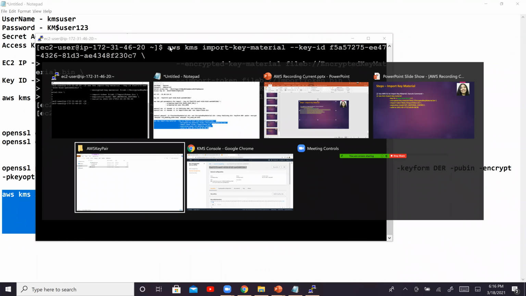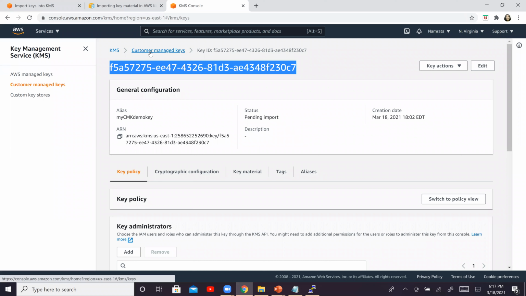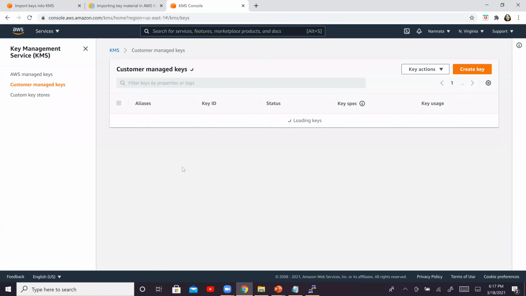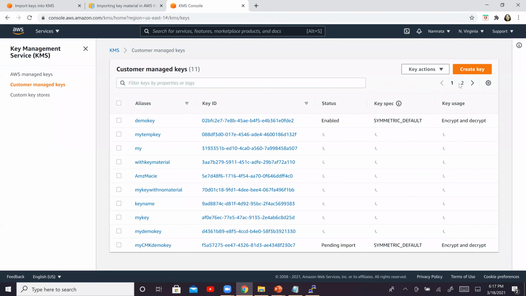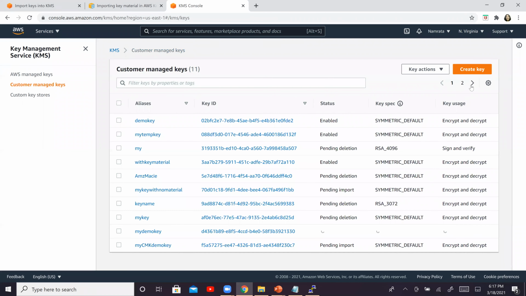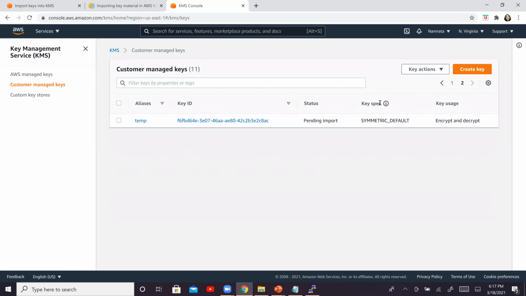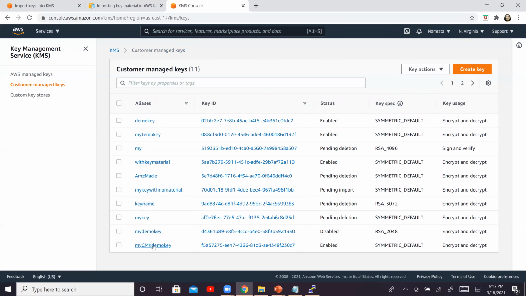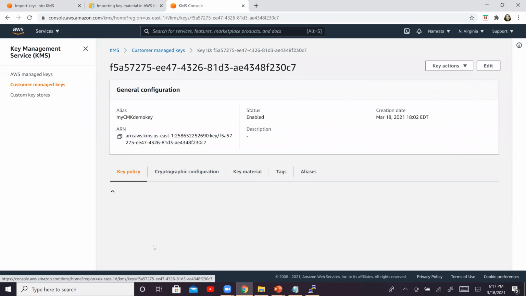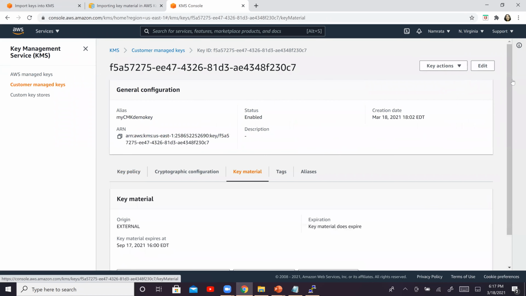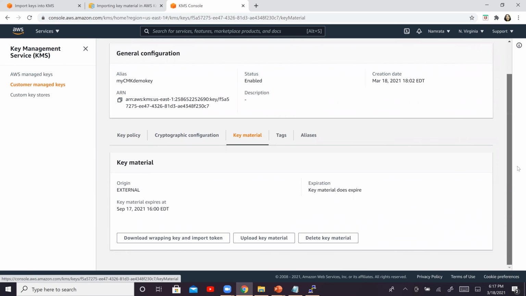Let us go and validate that. So customer managed keys. Let's go to page 2. So this is not our key. Our key was my CMK. There it is. Okay, this is the key. If you go to key material, you will see this is the time that we gave.